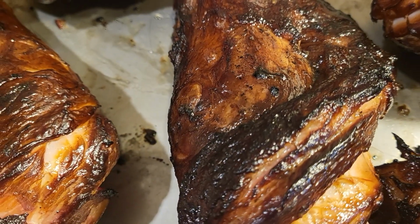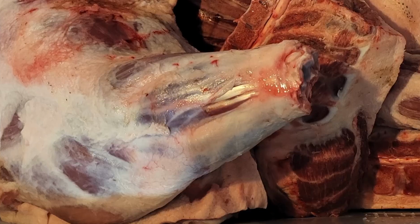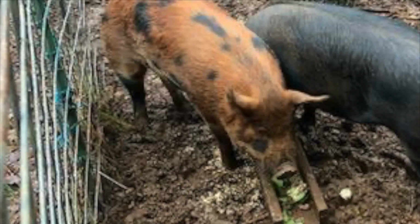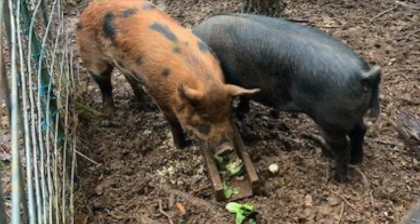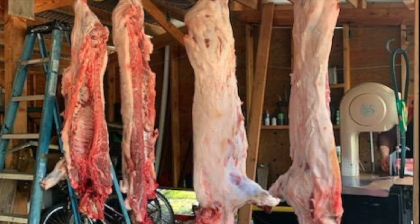I'm going to be getting my ham shanks from these three pigs. This is a Hampshire Duroc Yorkshire mix. The black one is a red wattle by Big China Black, and the brown one is an old spotted Gloucestershire red wattle cross. Now that I've got my pigs to work with, I need to remove the shanks from the